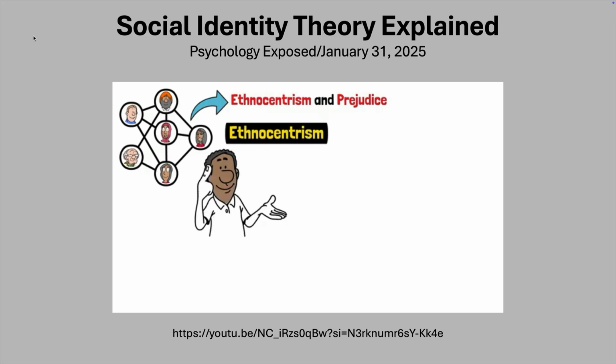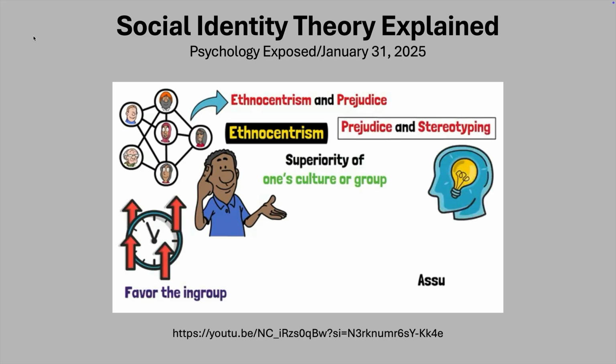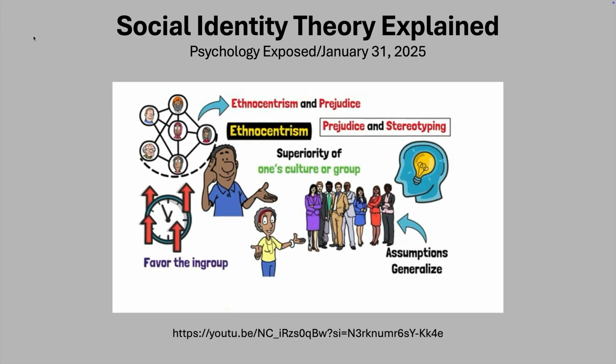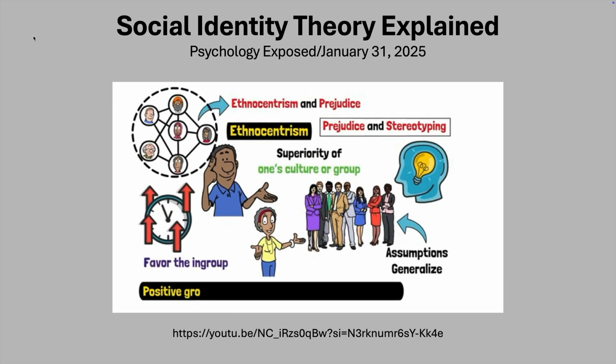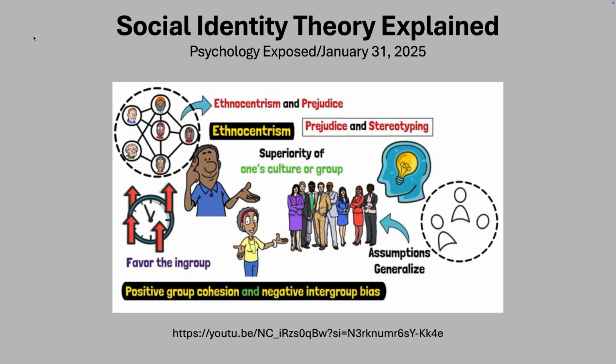Ethnocentrism, the belief in the superiority of one's culture or group, stems from this innate tendency to favor the in-group. Prejudice and stereotyping emerge when assumptions about an out-group generalize to all members, influencing how they're perceived and treated. Consequently, social identity influences both positive group cohesion and negative intergroup bias, highlighting the complex role it plays in societal